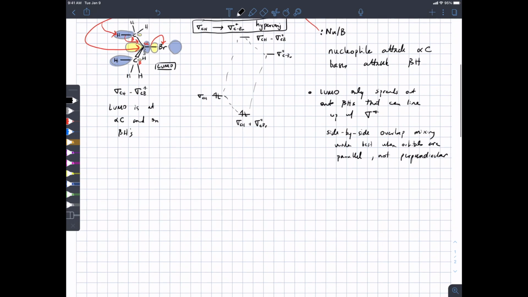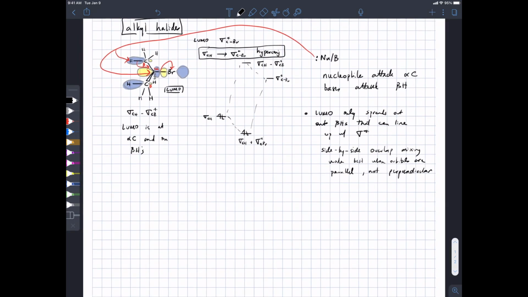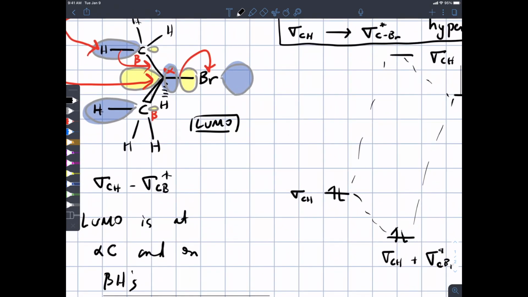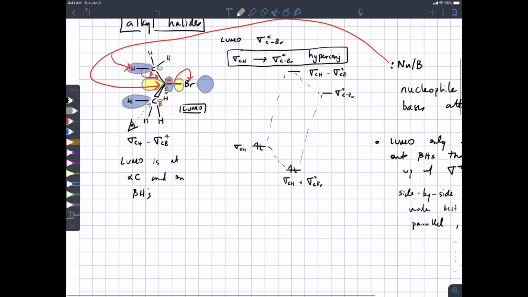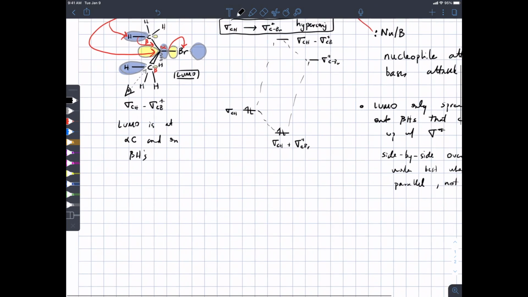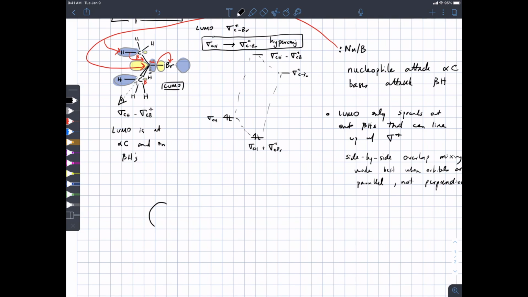Man, terrible penmanship. What do we mean by lining up with each other? Well, let's put ourselves in close to where this molecule is, and let's look down the bond between the beta carbon and the alpha carbon, and let's draw a Newman projection. Here is the beta carbon. The alpha carbon is back there. We can't see it.